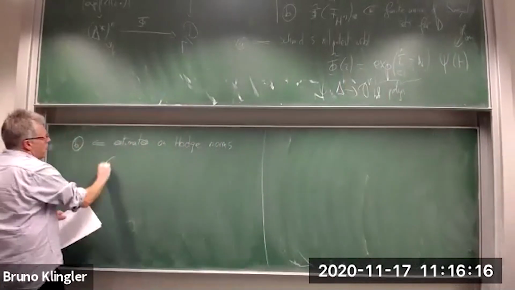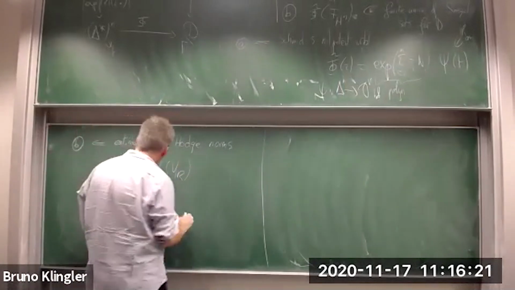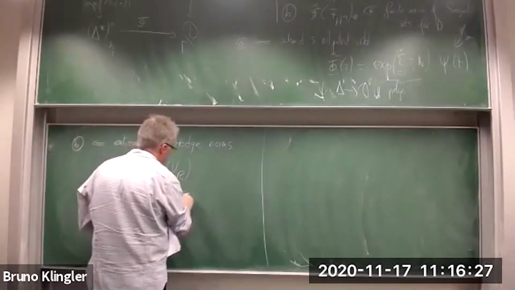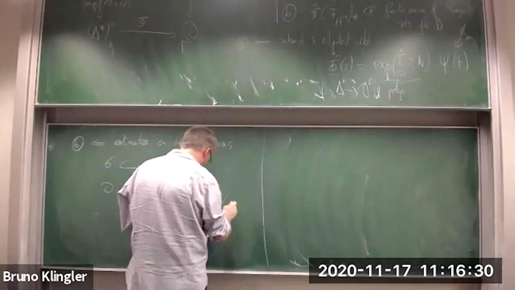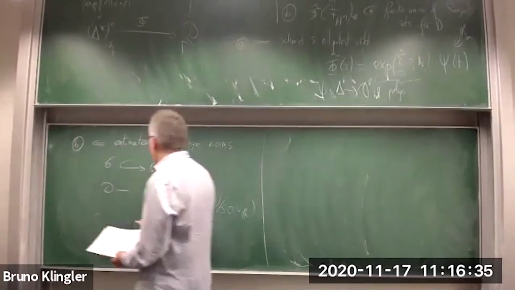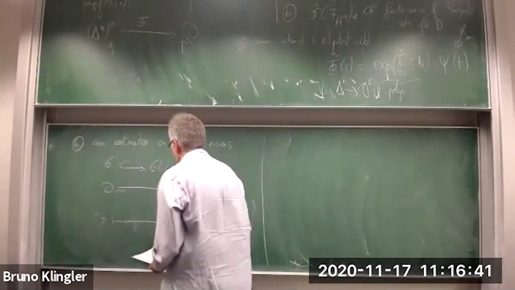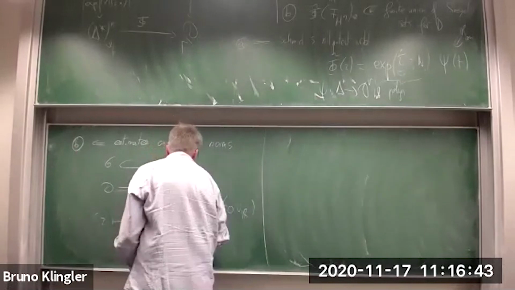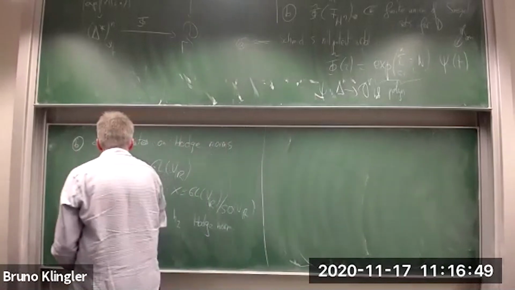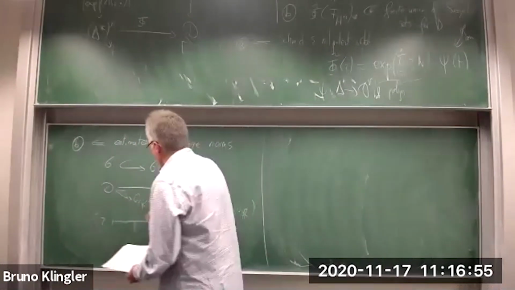And the idea is that you embed your group G inside GL(V_R), and this tells you that you can map D to the space X, which is GL(V_R) modulo the maximal compact. And what is this map? Well, this map is just the map which to a filtration associates the given Hodge norm at that point. And you notice that in fact it factorizes from geometry, but this is not really important. So here you have a surjection, but here it is still compact.